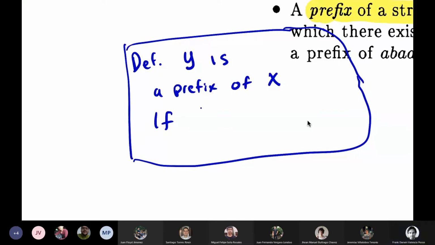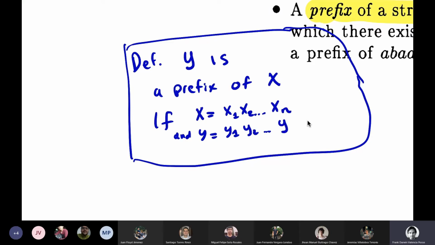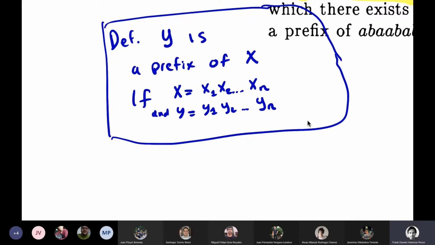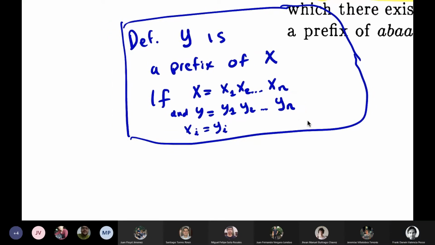So you say if x is of the form x1, x2 till xn, and y is of the form y1, y2, yn, and what you want to say is that xi is equal to yi for all i till n,